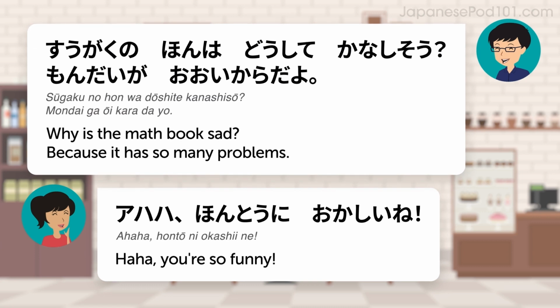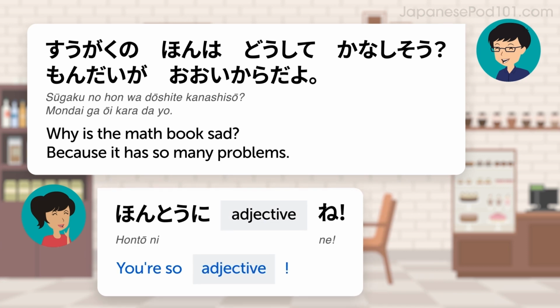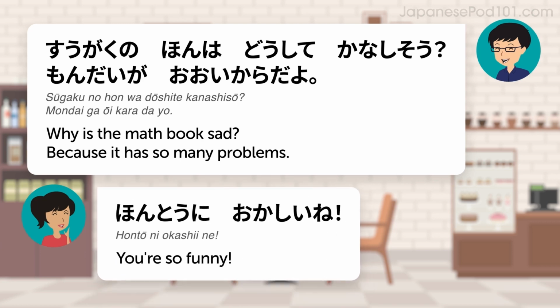First, you'll need to learn how to say ha ha. That's あはは. Then you'll need to learn how to say, You're so adjective. The pattern is 本当に adjective ね. This Japanese sentence literally translates as truly adjective, right? But it means you're so adjective. For example, you're so funny. 本当におかしいね。